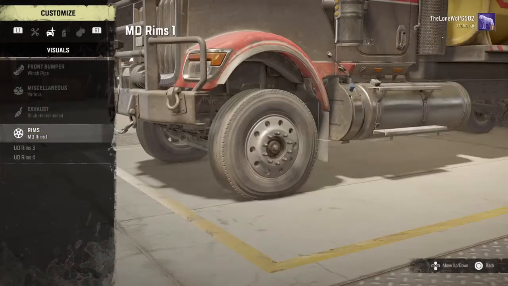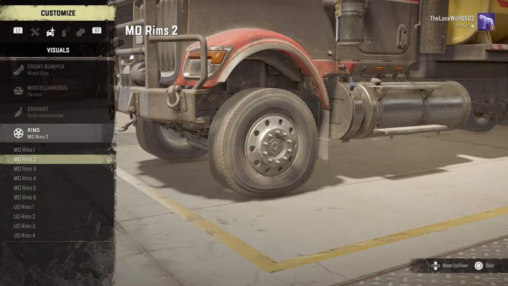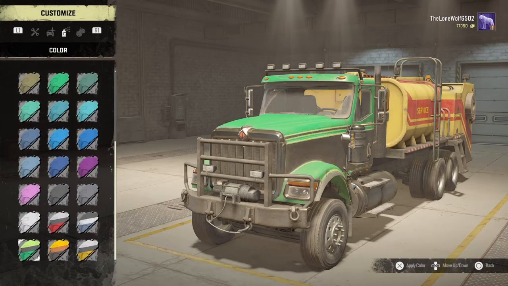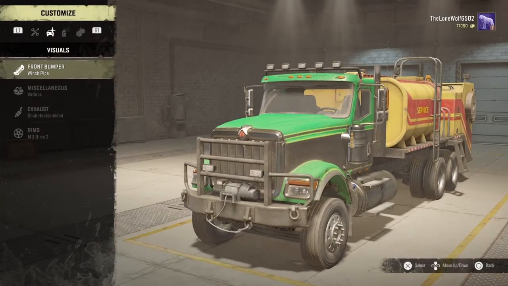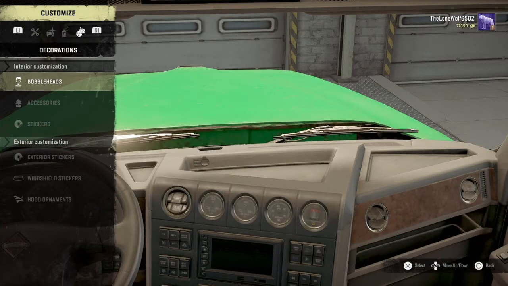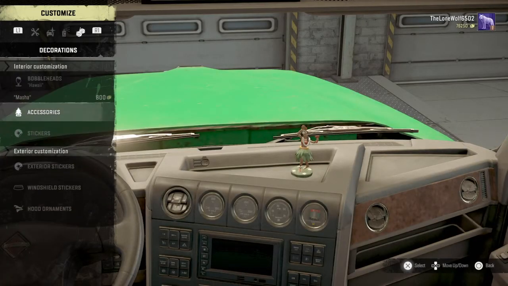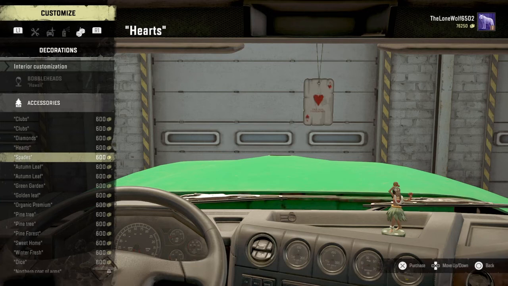And then rims, we don't really need to do anything, but we're just going to put those chrome ones back on there. And then the paint, we're just going to make it the same color as the service bed, just like that. And then interior, once again, we're just going to put all the same stuff in. We're going to put the Hawaii girl in there. The accessories, we're going to put...